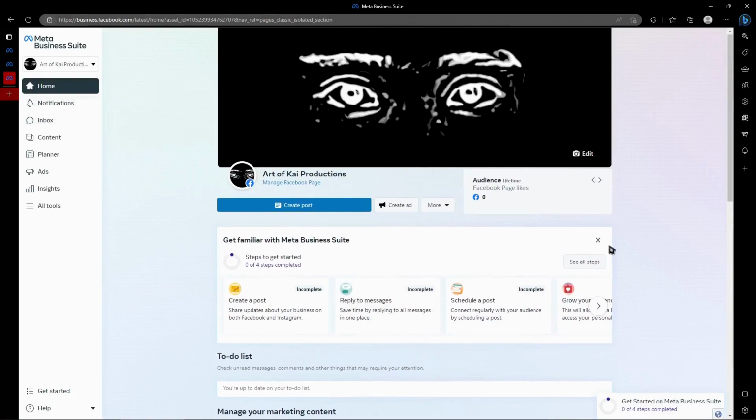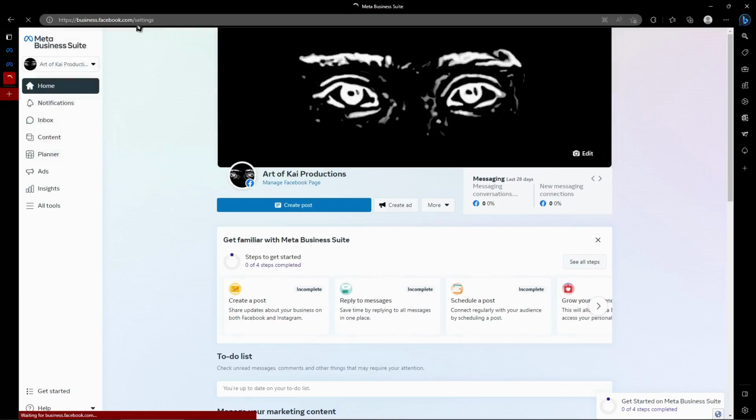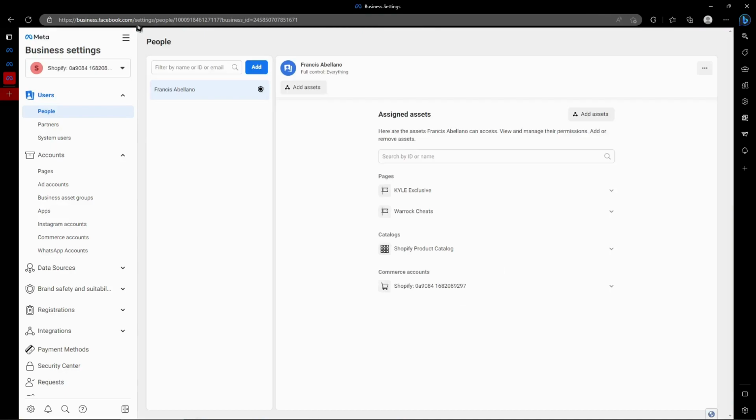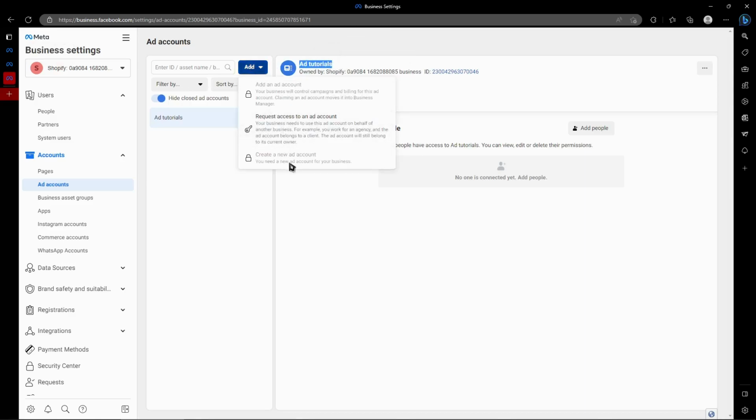in Meta Business Suite. And once you're here, what you want to do is go here and you want to delete all this text and just type settings, make sure it's in lowercase, and let's wait for it to load right here and here. And once you're here, you want to go to add accounts, and in here you want to first add an ad account right here, and you can do it by clicking here on add and creating your account, or